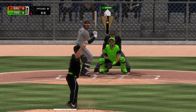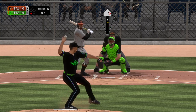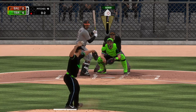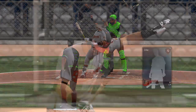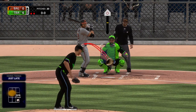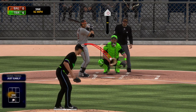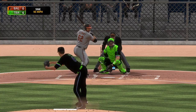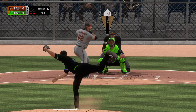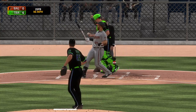Stepping in, Jonathan Villar. He's hitless in his 2 at-bats so far. No balls and a strike to count. Took a wave at one around the shins with no luck. Boy, and they cannot touch him right now. 5 straight strikeouts on the ledger, and there are 2 away. Ready with the first pitch. Here it comes. Just a bit jumpy that time. Swung on and missed. And that sinker misses at the shoe tops. Ball 1. Now a foul tip that's held onto at the plate, and the count moves to 1-2 now. And my goodness, how about...